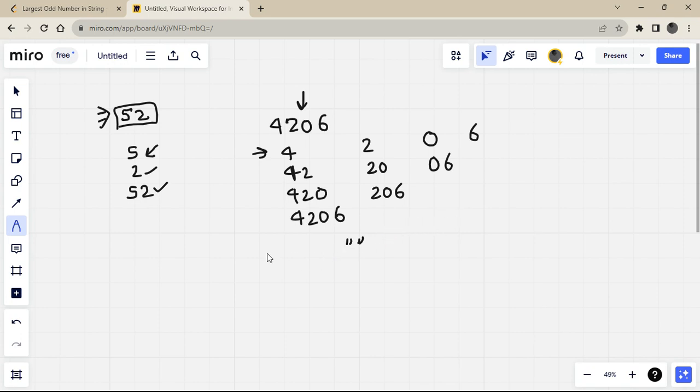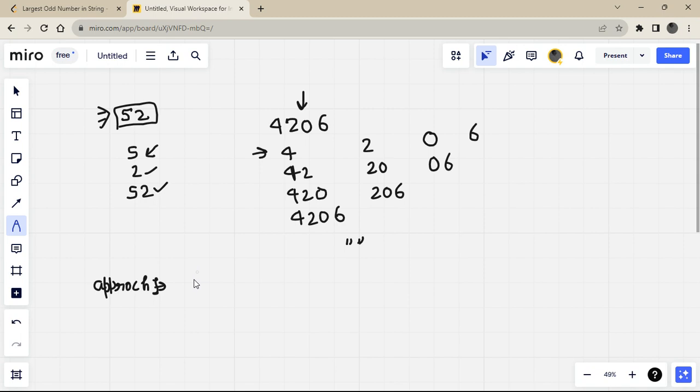So let's discuss how we have to approach this question. The first approach to solve this question is very basic. The first approach is to go through all the substrings that we can generate using this string, check each one to see if it is odd, and store the maximum length substring.